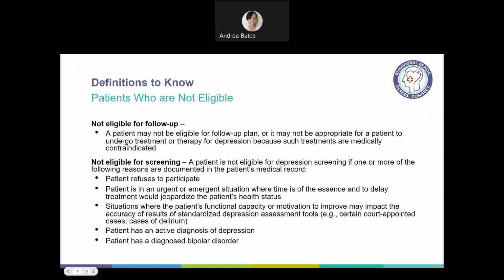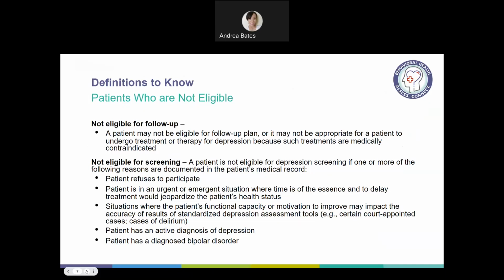So also, if a patient's not eligible for a screening, here are some of the reasons that you can document a patient ineligible for screening. Patient refuses to participate. They are in an urgent or emergent situation where time is of the essence, and to delay treatment would jeopardize